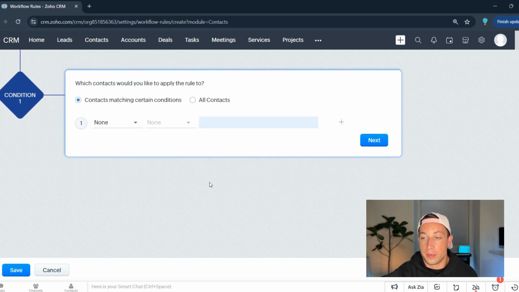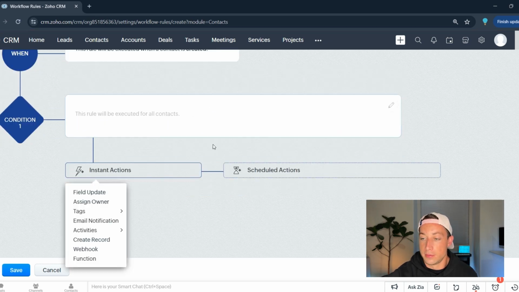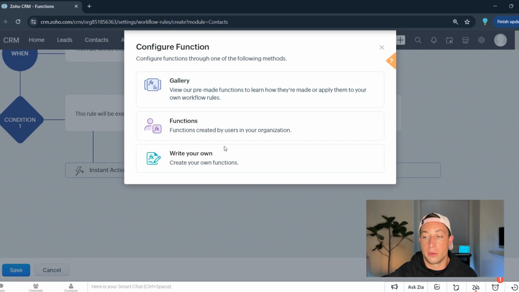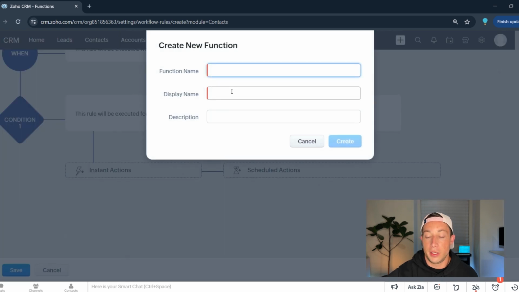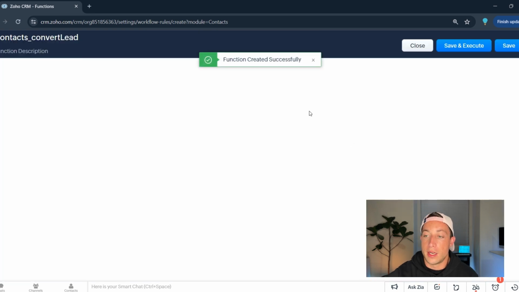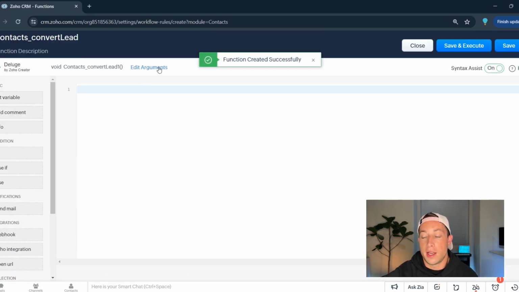Okay, so we're going to say all contacts, and then we're going to run the instant action as a function. Okay, new function, write your own, and we have to give this a name. We're going to call it the exact same thing as the workflow, Convert Lead. And then display name, I just use the same exact name. And create. All right, so the first thing we need to do is tell the function what values it needs